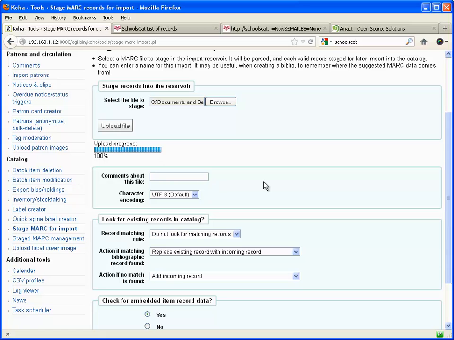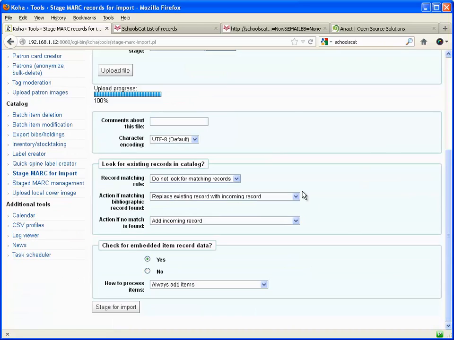Here we can add some comments to that just to remind us what this file contained, especially if we're doing more than one record. We can also choose to check if we've got existing records in our catalogue. We'll check using the ISBN, and if we do have a match, we'll replace it with the incoming record. If not, we use the incoming record. We'll also check for embedded item data and use that. We stage that for import,